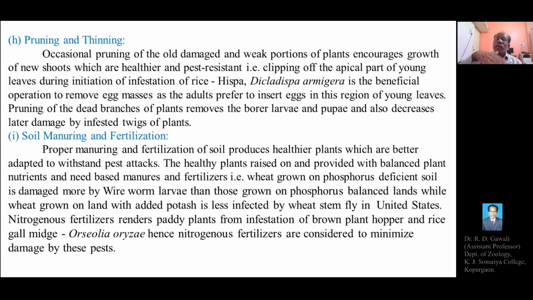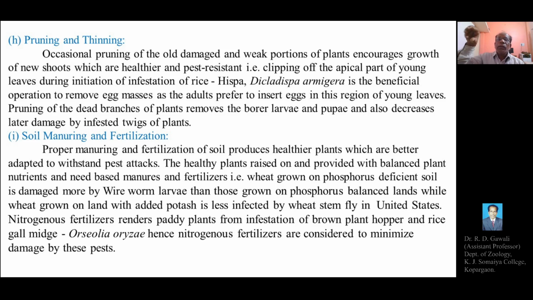So this is the advantage. If we are providing proper nutrients, this will ultimately protect a crop like wheat from certain insect pests. So pest attack will be prevented. Simply we can say a particular pest attack can be prevented just by the addition of a particular chemical fertilizer or nutrient like phosphorus or potash.